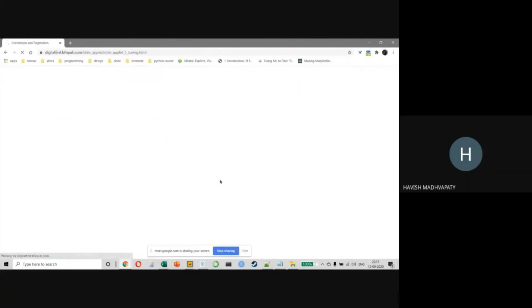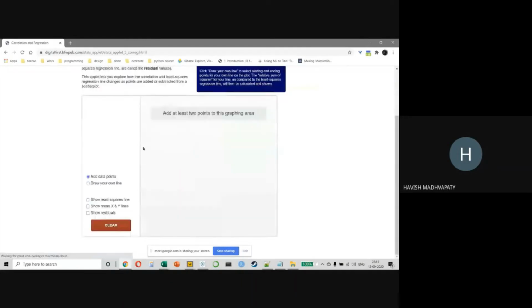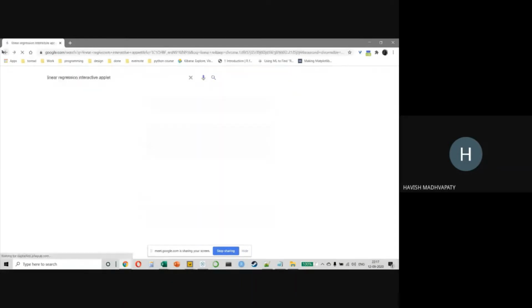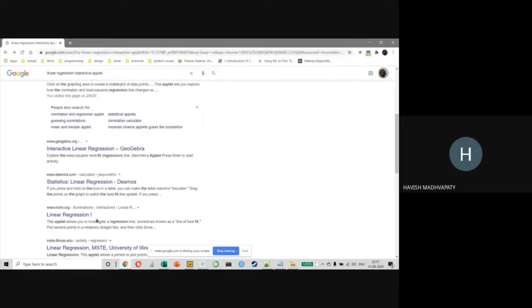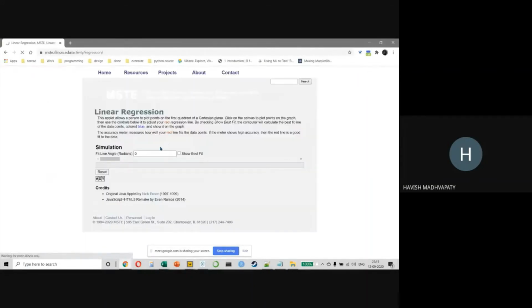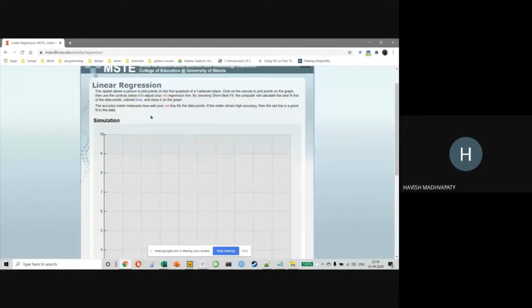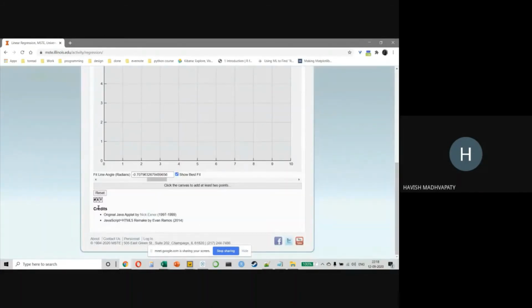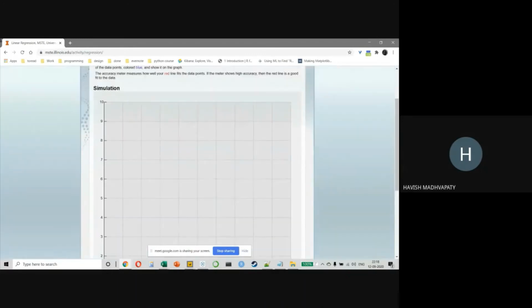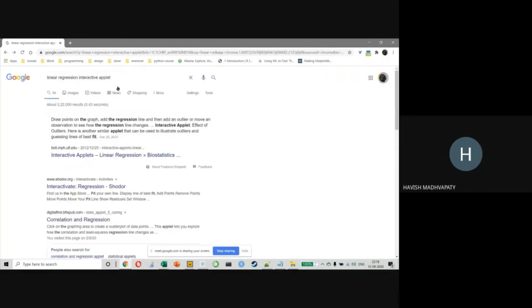And as you can see, you can create a... let me open a different one. I don't remember which one I opened, but anyway, you guys can have a look at it. You can actually create these interactive applets by putting in your own data sets. Let me see if there are any default data sets available. Anyway, you guys can search for this on your own. The word here is applet.